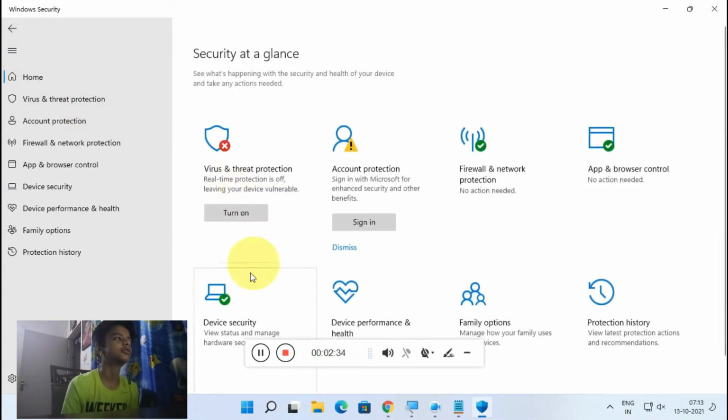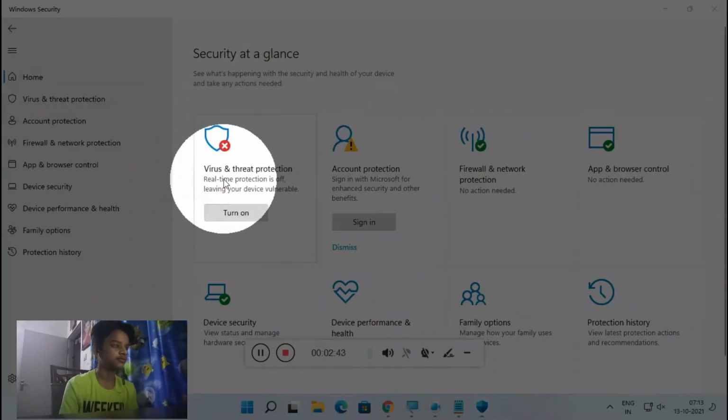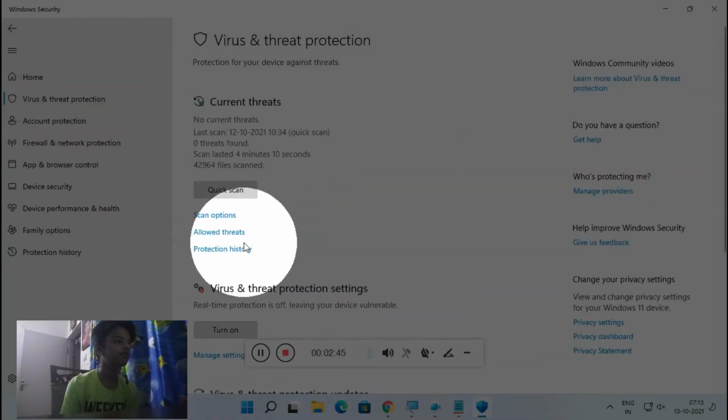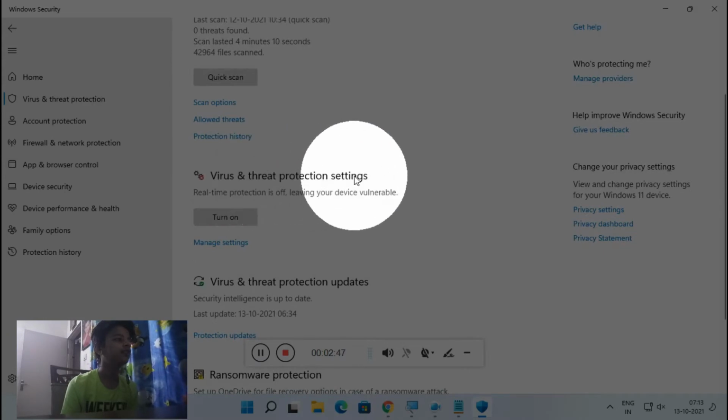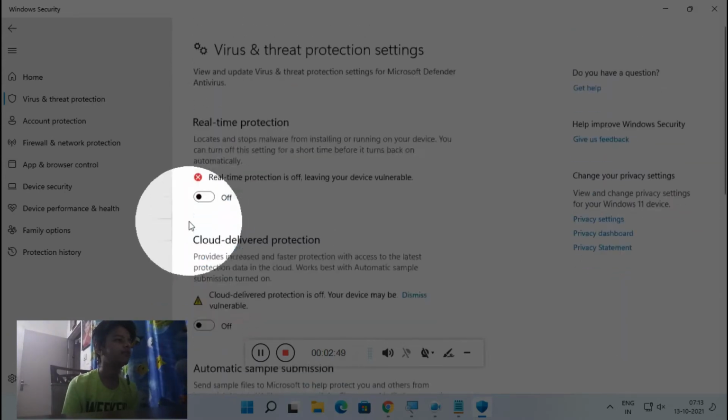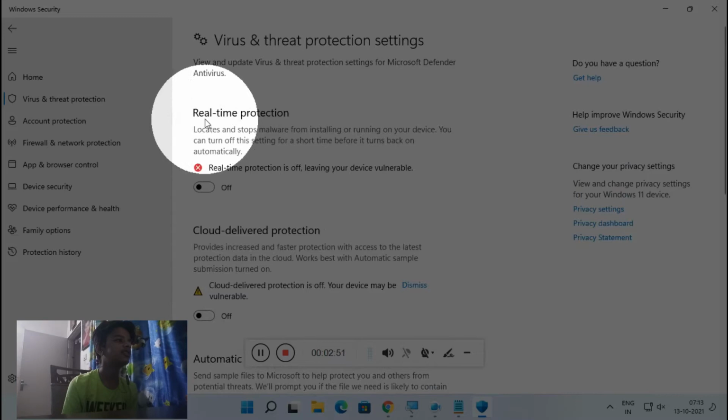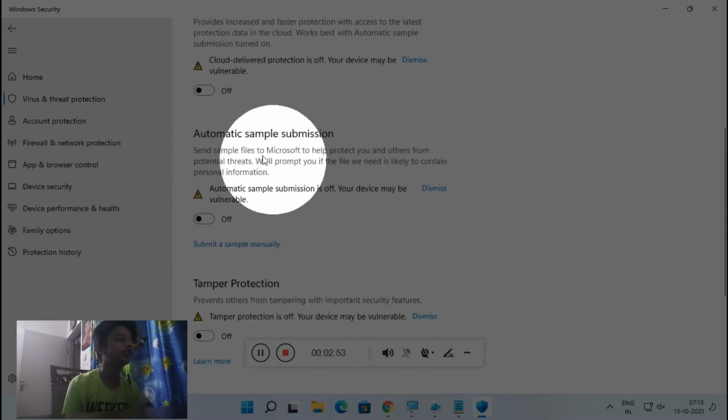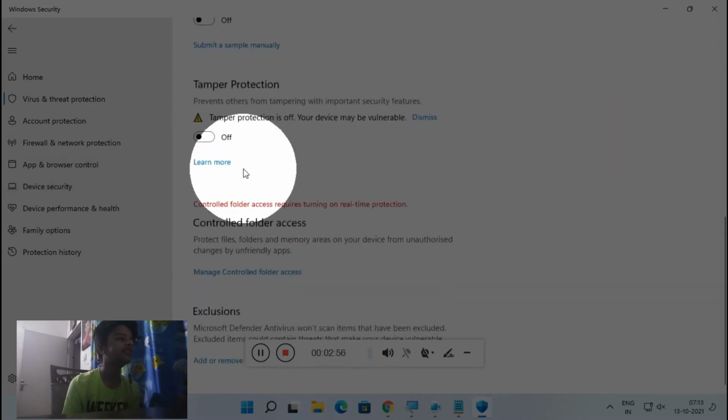Open it, and you can see this is the interface of Windows Defender. Click on Virus and Threat Protection, open it, and go to Virus and Threat Protection settings. Click on Manage Settings and just turn it off. After the activation, you can turn it on.